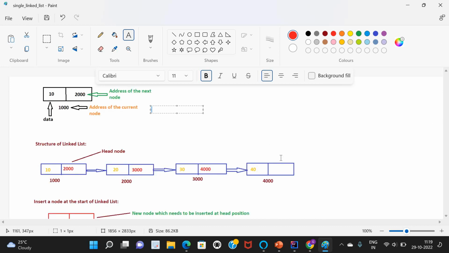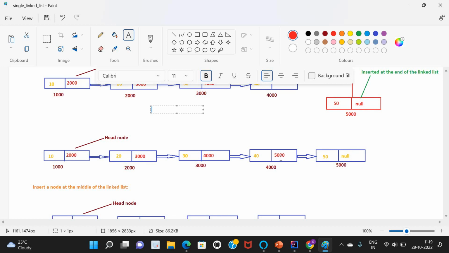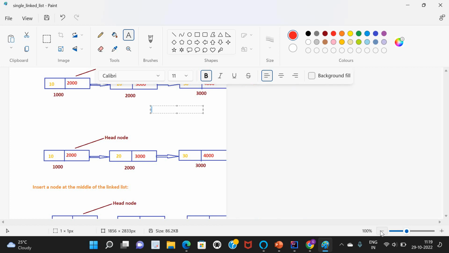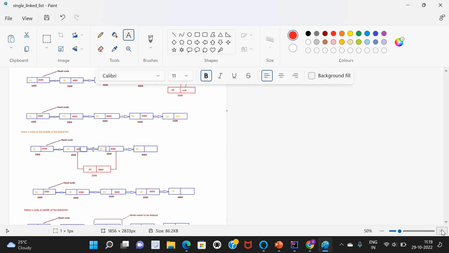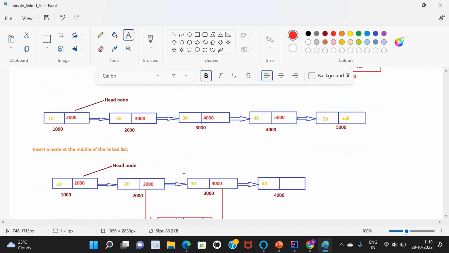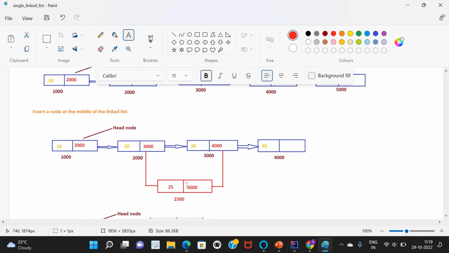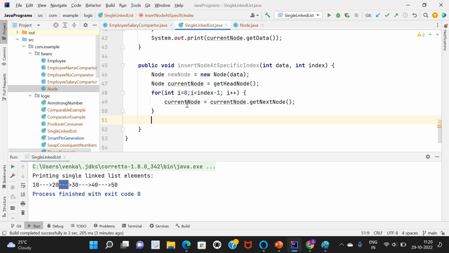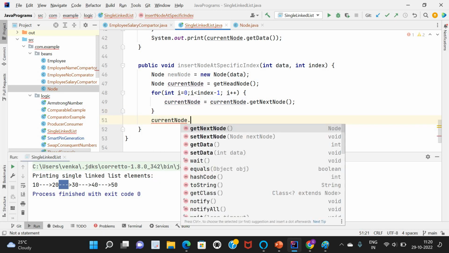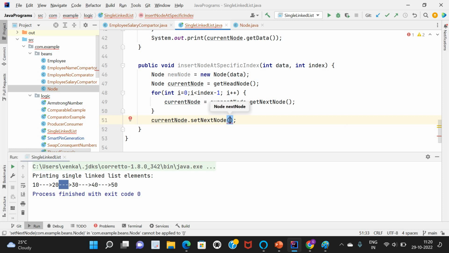Let me go to the top. So this is the diagram. The previous node address I have to change to the new node address. What do I have to do? The previous node is the current node. Current node dot set next node equal to our new node,